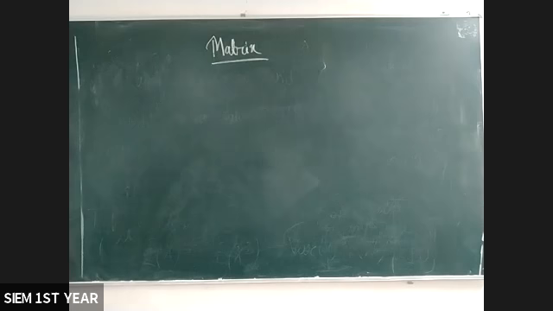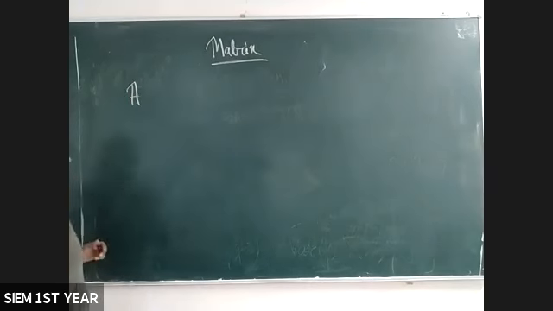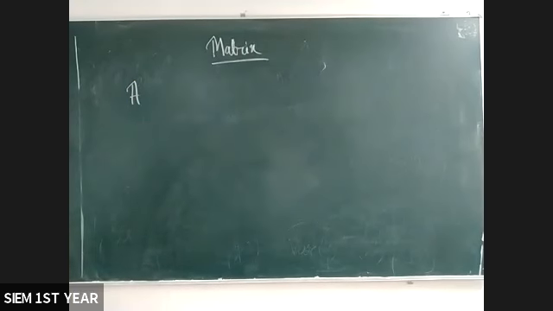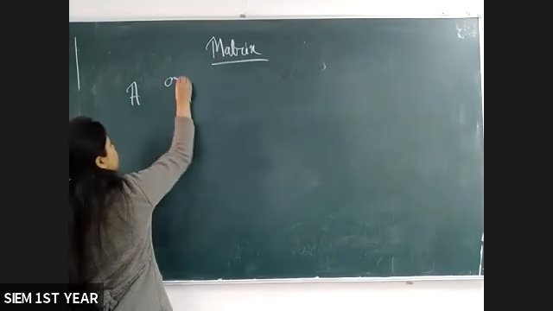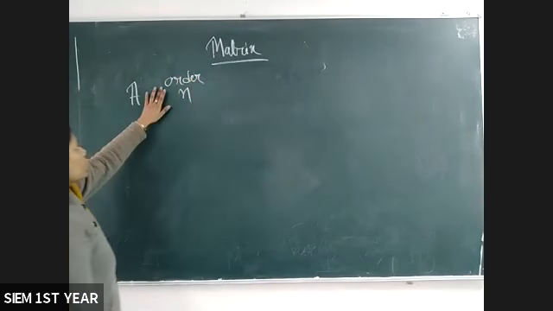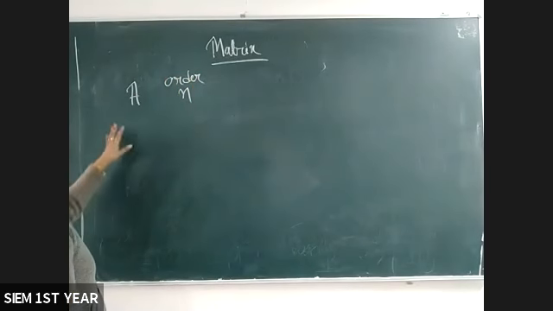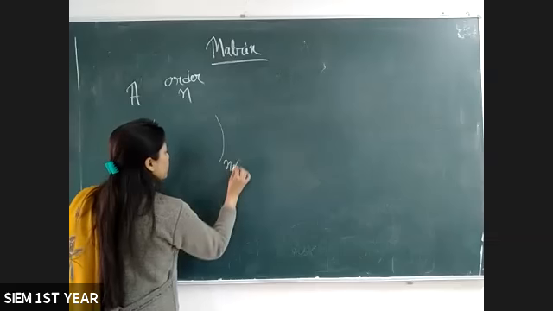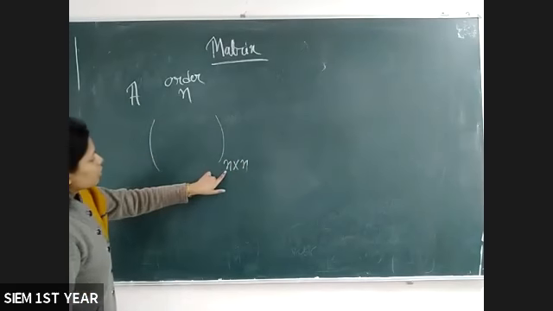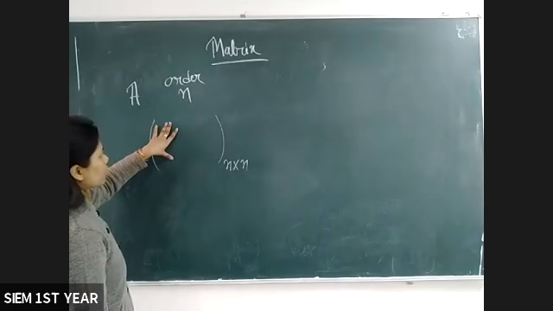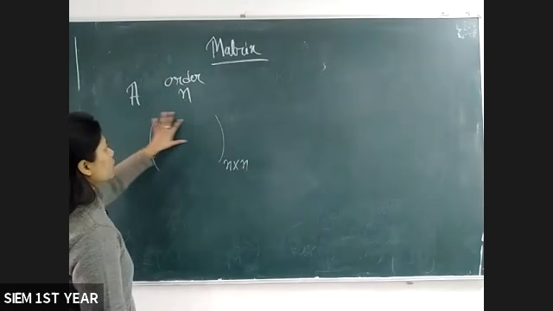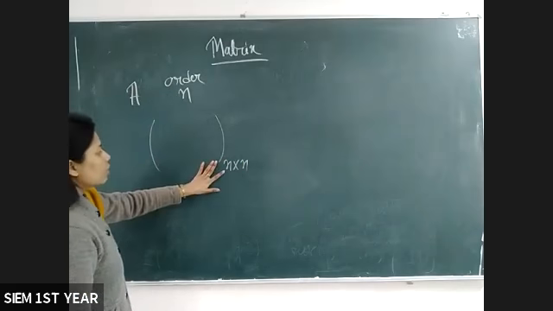First, I consider the definitions. Suppose A is a square matrix of order n. Now you already know order and rank are two different things. Order means you are given an n by n square matrix, then order is n. After converting this matrix into echelon form, you can find the rank. So rank and order are different.